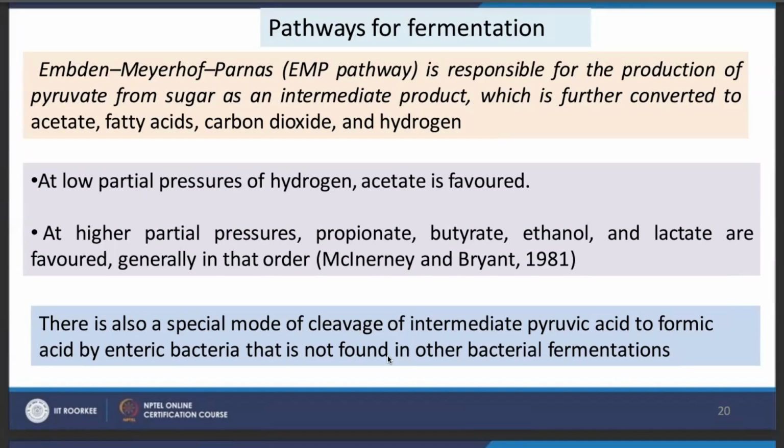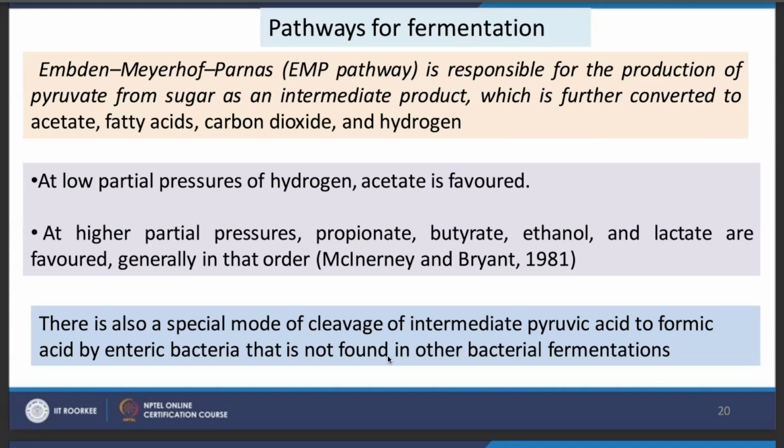The pathway which does this was described by three scientists, on whom the pathway is named, that is the EMP pathway, Embden, Meyerhof, and Parnas, right? So these three were responsible for the production of pyruvate. They defined the fermentation process,